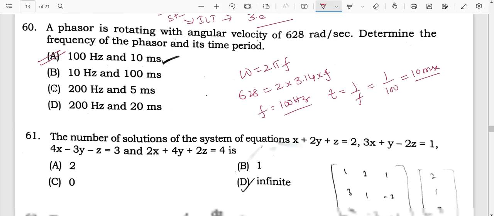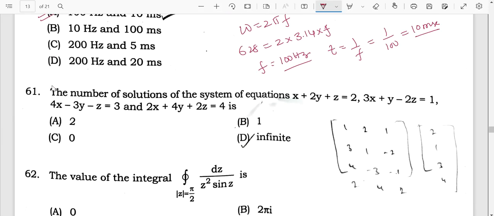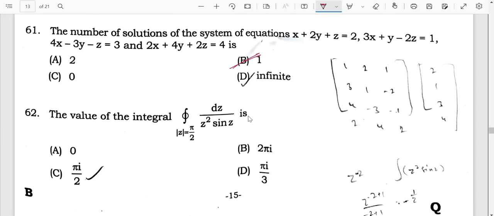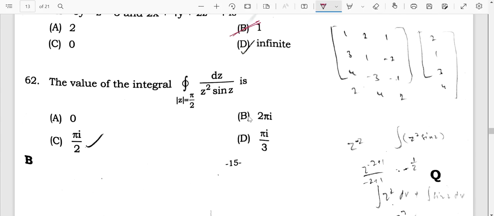Next one, the 61st question here. The number of solutions of the system of equations x plus 2y plus z equals 2, 3x plus y minus 2z equals 1, 4x minus 3y minus z equals 3, and 2x plus 4y plus 2z equals 1 is. So the answer for this question is B. The value of the integral over z equals pi by 2 of dz by z squared sin z is, which is nothing but pi i by 3 here. So the answer for 62 is